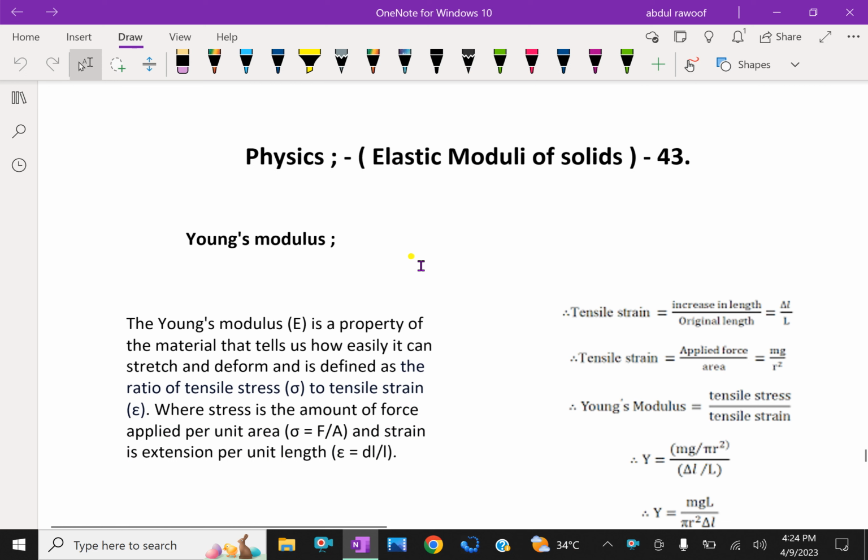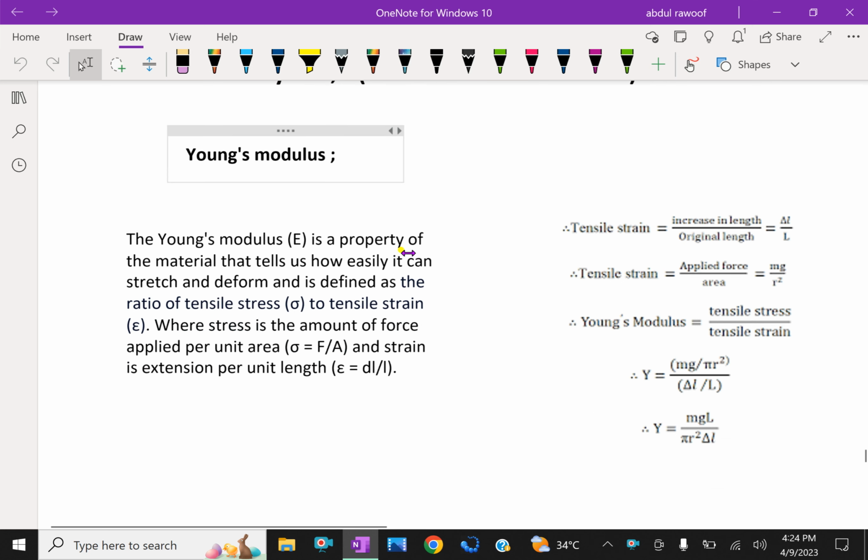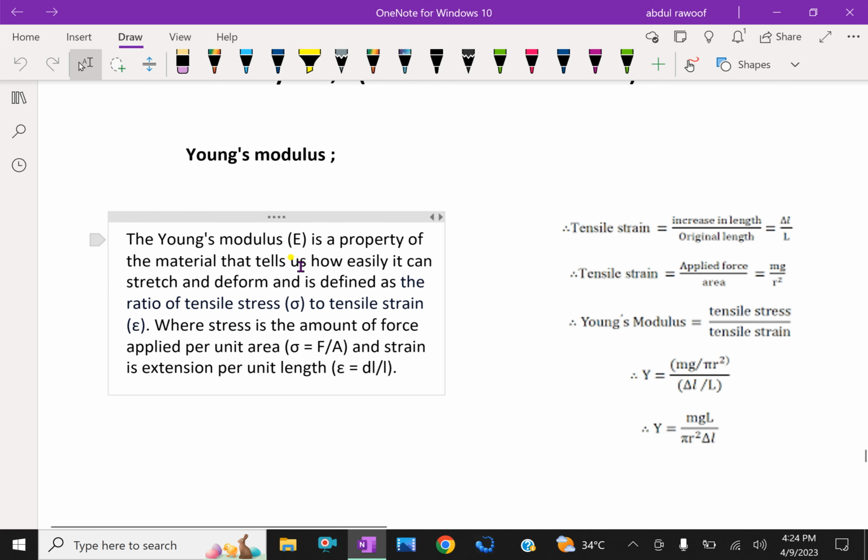In physics, let us discuss elastic moduli of solids. Here, there are three types of stress and strain related to change in length, change in volume, and change in shape. Hence, we have three moduli of elasticity corresponding to each type, which we will discuss in terms of stress and strain. First, Young's modulus. The Young's modulus E is a property of the material that tells us how easily it